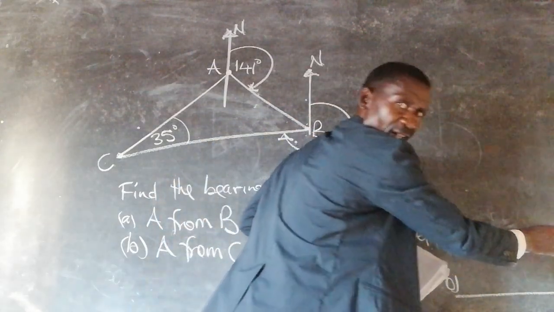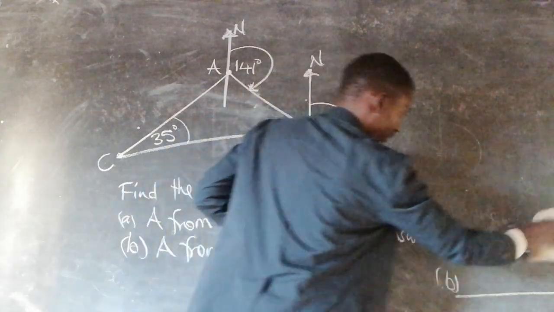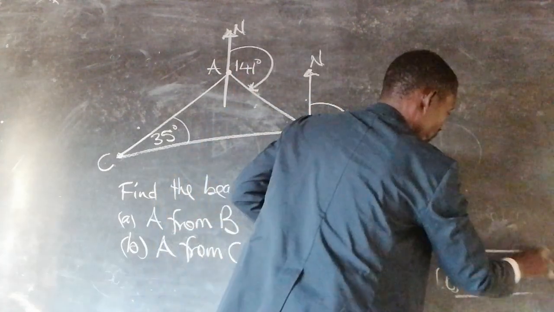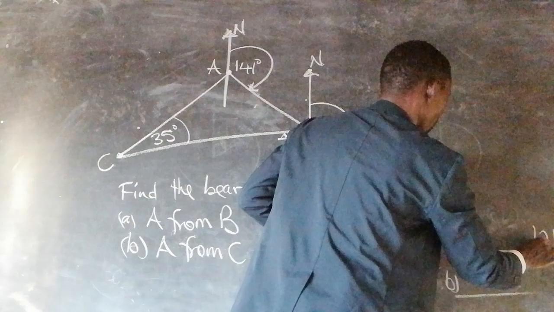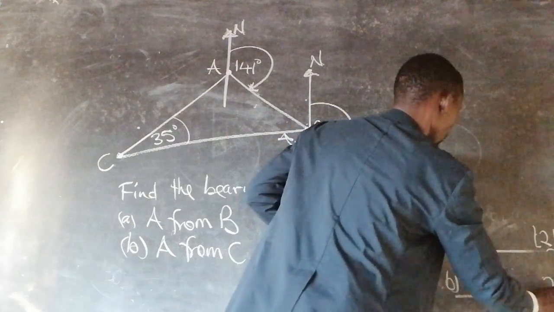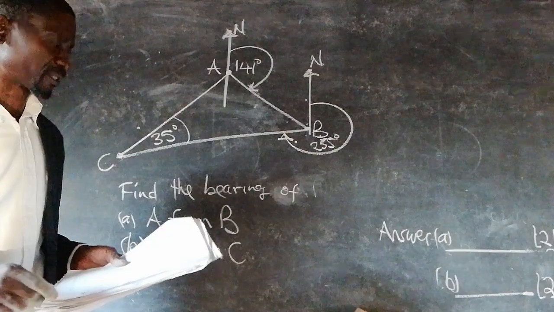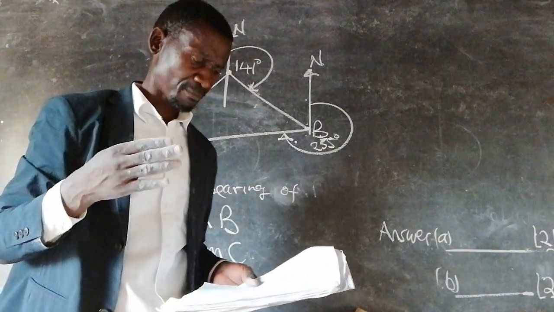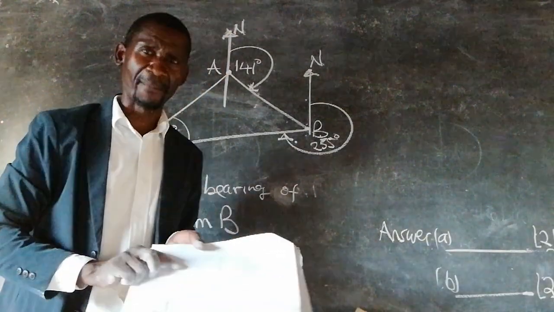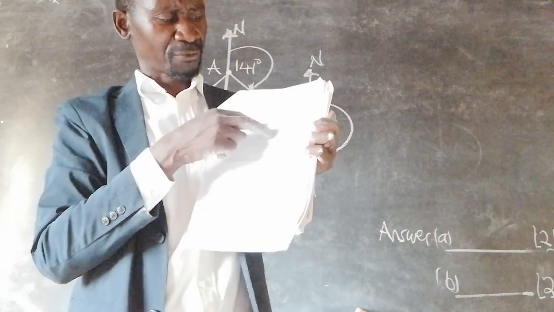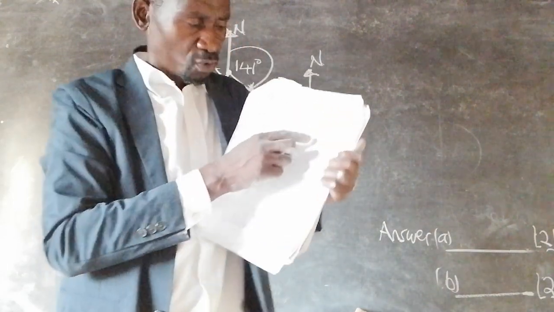Each question is carrying 2 marks. So this is where you need to write your answers. Each question carrying 2 marks. This one is 2 marks. And this other one is 2 marks. So that is why you need to transfer your answers. Now, let me explain properly. The way it is when you are doing paper 1, the question can be there. This space we have seen. This is where you need to do your